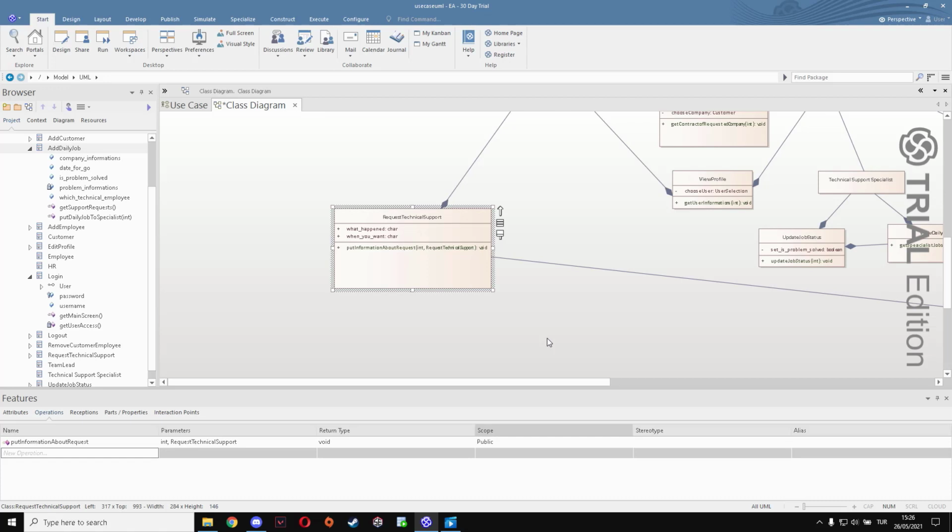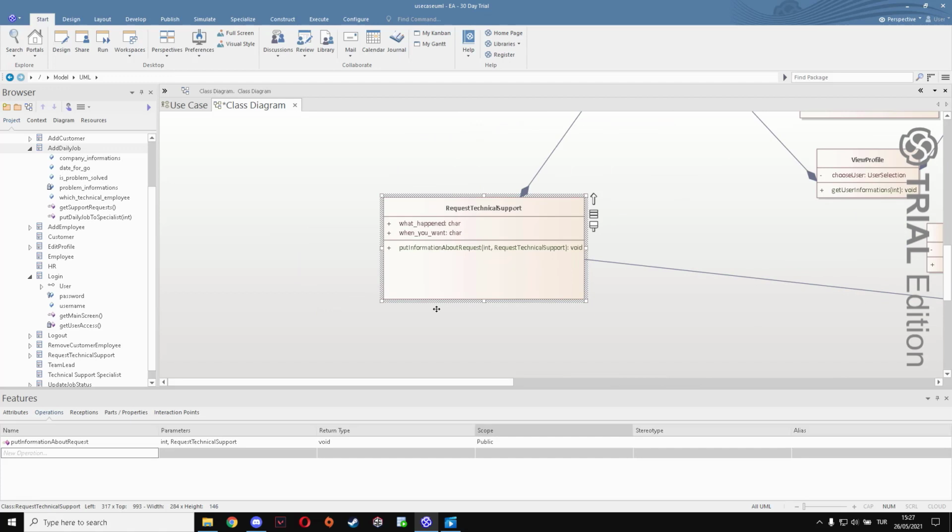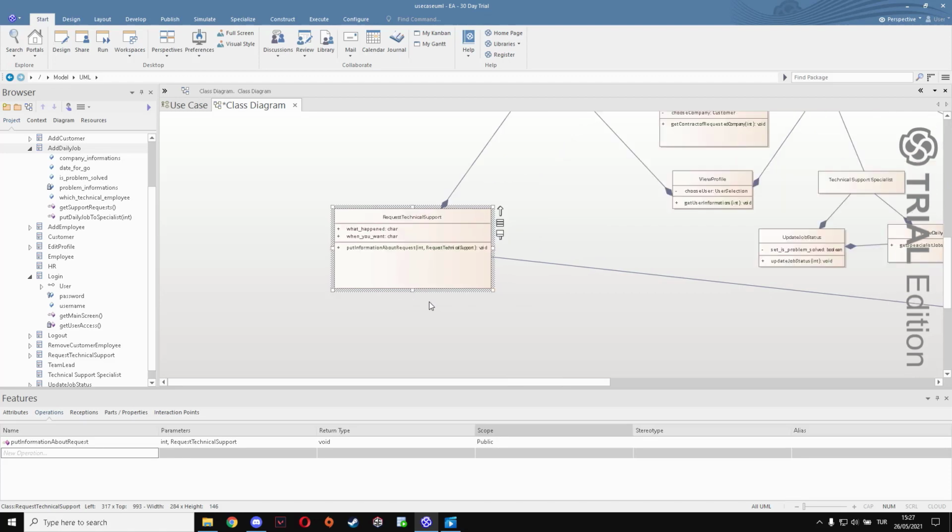In addition, functional communication of classes with each other is also available, like this. Request technical support class and a daily job class transfer information to each other. When a technical support request is received, it sends it to the daily job class using the put information about request function. Thanks to this function, the technical support manager can assign this job